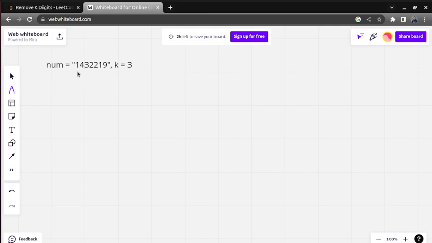Suppose we try to remove 1, 4, 3, the number will be 2219. Now let us remove these 3 elements, so it will be 1219. Let us remove 3, 2, 2, so it will be 1419. Now let us remove these 3, so it will be 1439. Like this, if there are n numbers, how many permutations are possible?